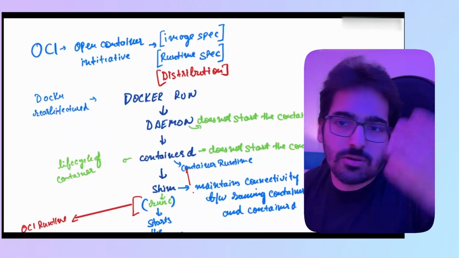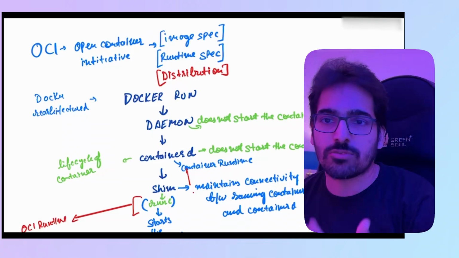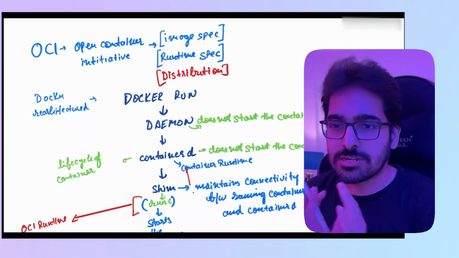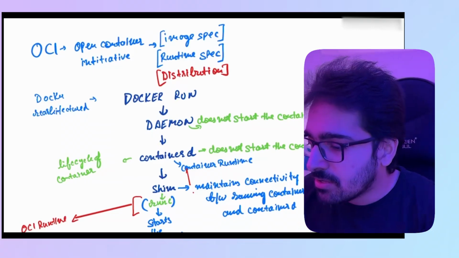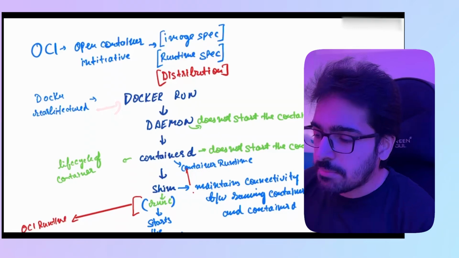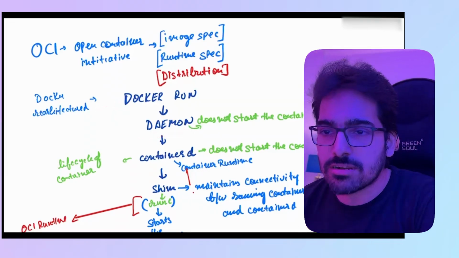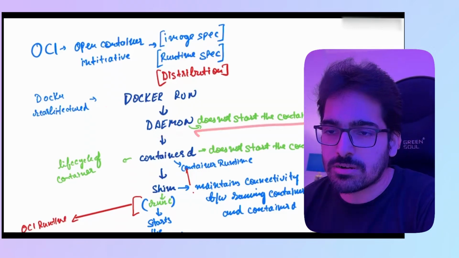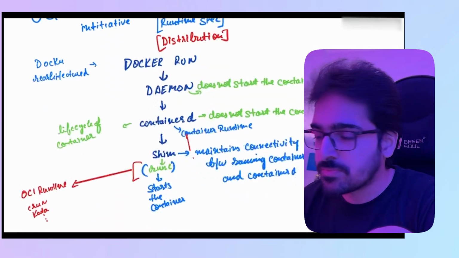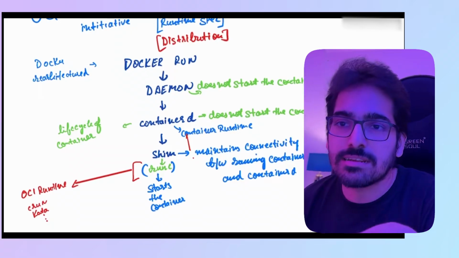That's why it became popular, because since the beginning the thought process was the same, that it's simpler, so it makes life simple. So when you do Docker run, what happens is the request goes to the Docker daemon, but the daemon does not start the container. Now this is very important to understand, and this is interesting also, because what exactly runs the container